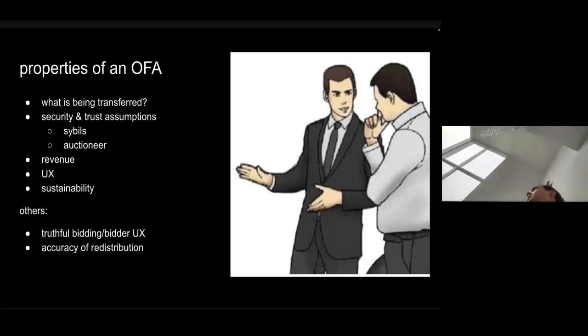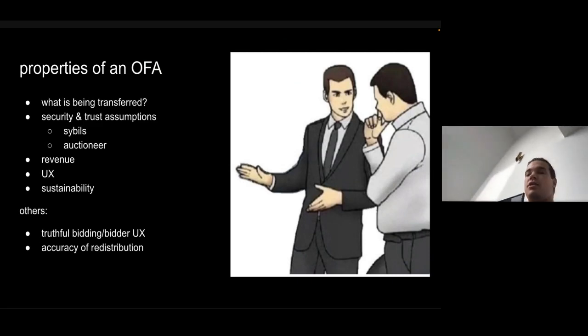Combinatorial auctions, batch auctions, all these kinds of things, auction multiple orders at the same time, right? And there's some value allocated. How do you redistribute this value? Do you send it to MetaMask? Do you distribute it equally among the different orders? All of those actually have, especially distributing equally among the orders, has its problems, especially when it comes to security concerns. So I'll leave it at that.